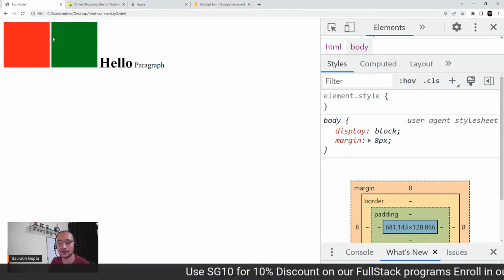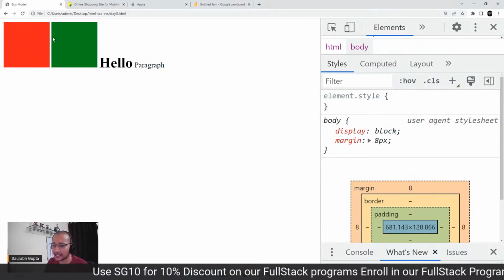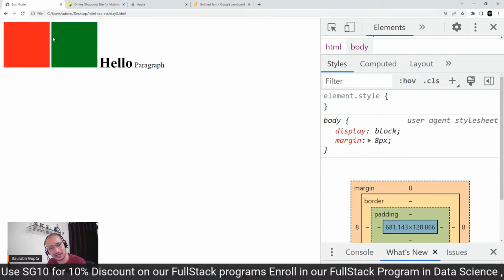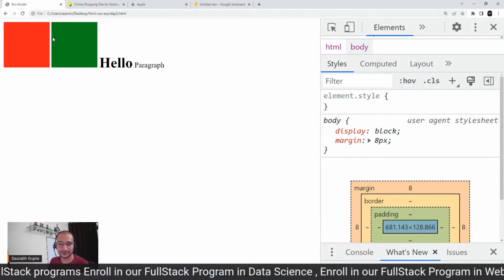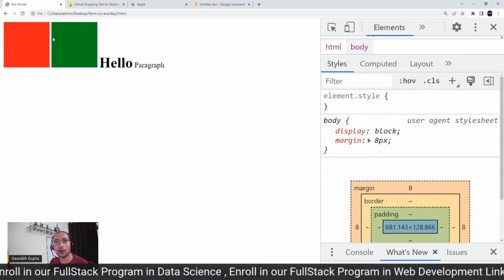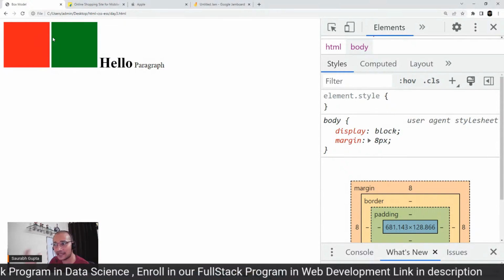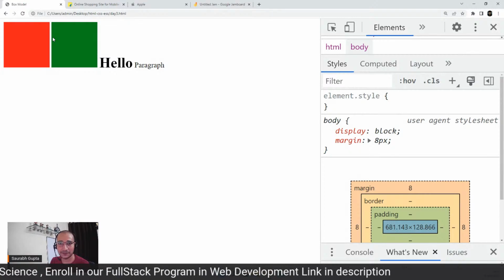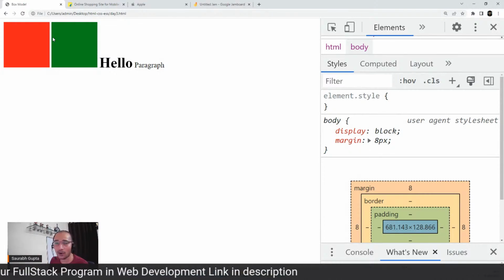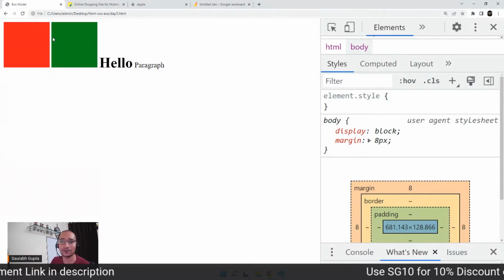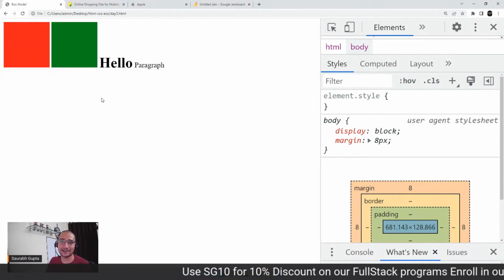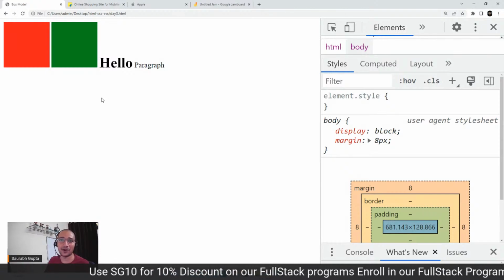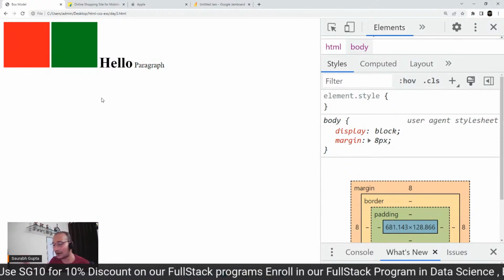So, guys, let me tell you first of all why we have that space. Inline block, surely grid and flexbox can handle this. Yes, Naveen, exactly. But this is the core property. Flex and grid are the newer ones. This is how CSS behaves at the core. So that's why we are learning this. Tomorrow we'll go back to flexbox again and see how flexbox is much better than inline block, but that's how CSS works at core. And yes, flex is obviously better than using inline block, but we still have to learn this to understand the box model